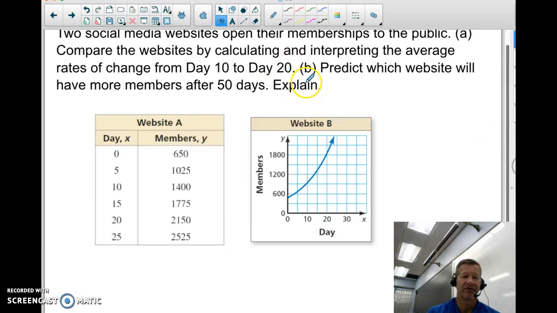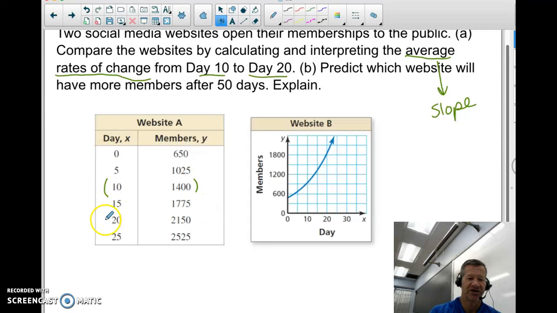First, compare the websites by calculating and interpreting the average rate of change from day 10 to 20. Well, let's do this first. Average rate of change is nothing more than slope. So we've learned that average rate of change means slope. So I want to find the slope from day 10 to day 20. Well, in our linear equation, we have a point at 10, 1400 and 20, 2150. So the average rate of change for this data would be,